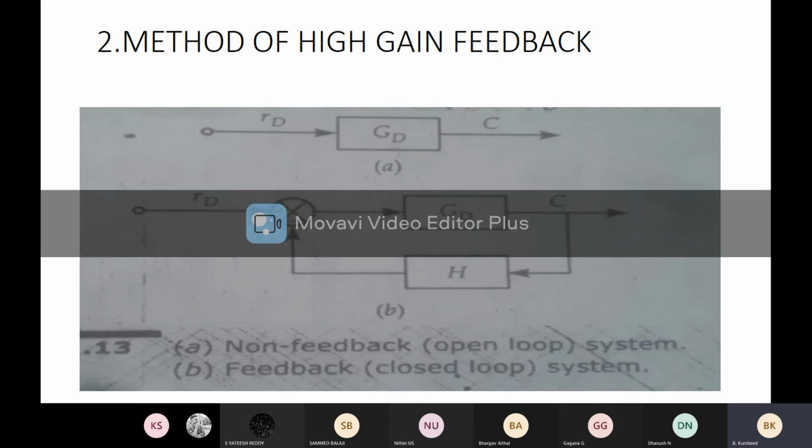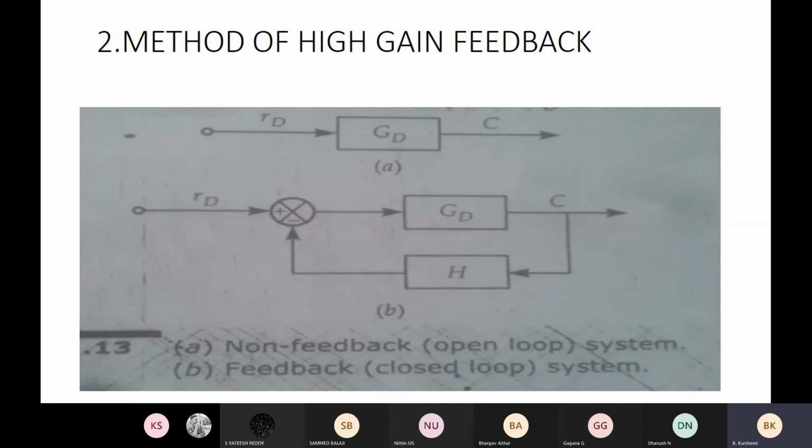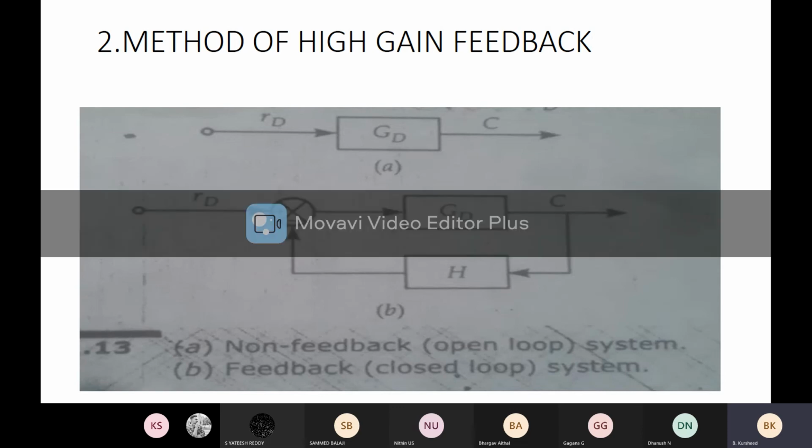For example, we know a vehicle instrument, right? The accelerometer. I have given this example. If you go on seeing, your eyes will be seeing the reading, and your hand will be increasing the accelerator. Your eyes will be acting as a feedback to your hand. Your eyes will tell, yes, speed is more, reading is more. Then automatically your hand will decrease the accelerator. This is called feedback. It plays an important role in the measurement and controlling systems, which will be done automatically.